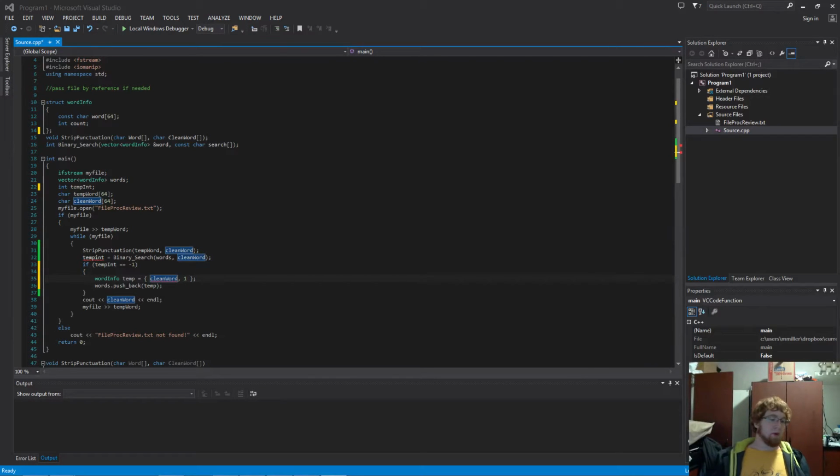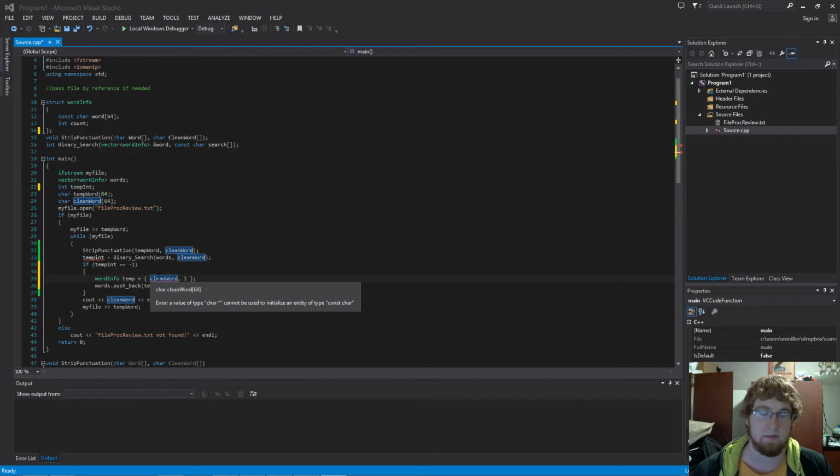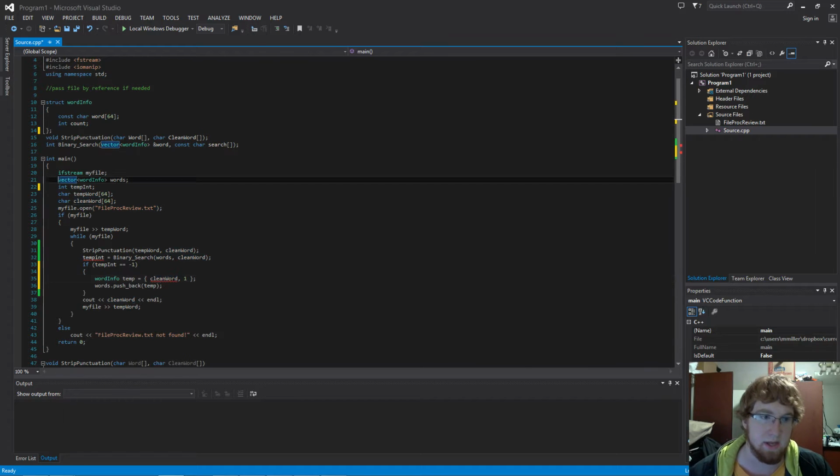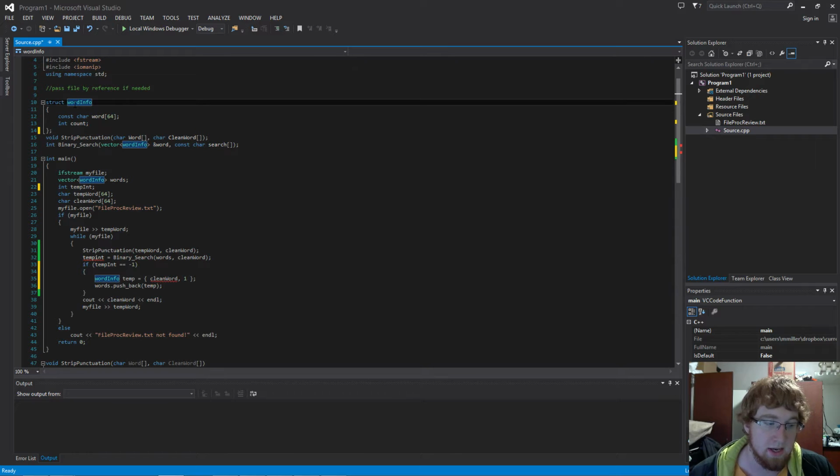Okay, welcome to my tutorial on how to add in a vector pushback when you're using a struct for your vector material, whatever you want to call that. Anyways, if you're doing something like this where word info is something you created called a struct,